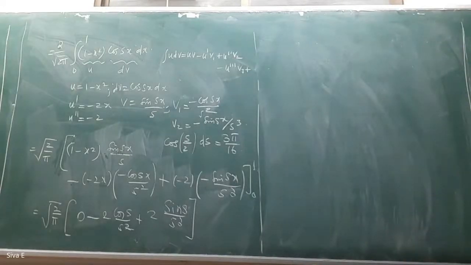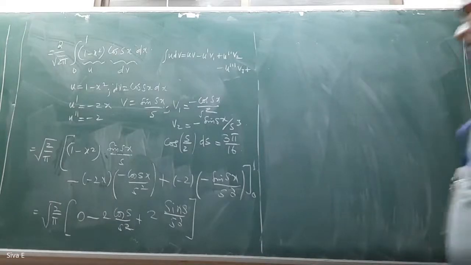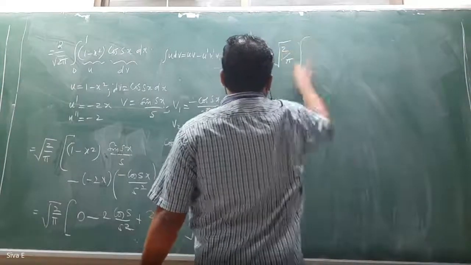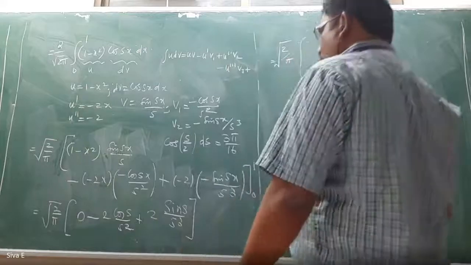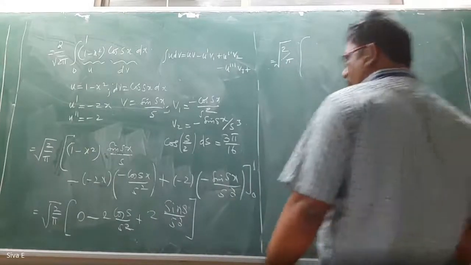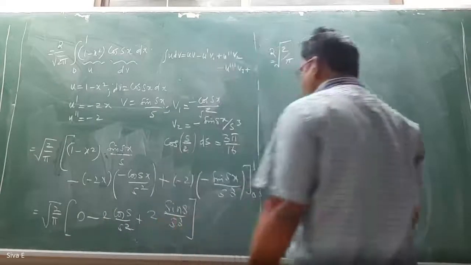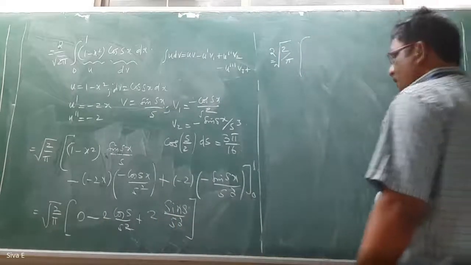So what is the next step? Root 2 by pi, 0 first leave it, take the 2 also outside: 2 into root 2 by pi, sin s by s cube